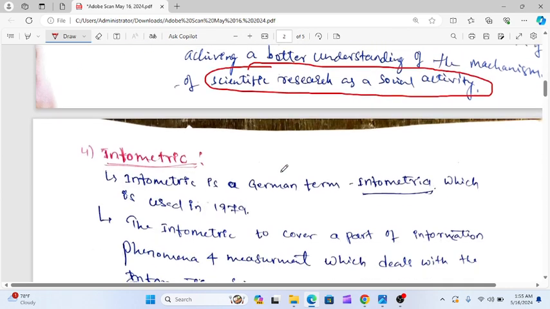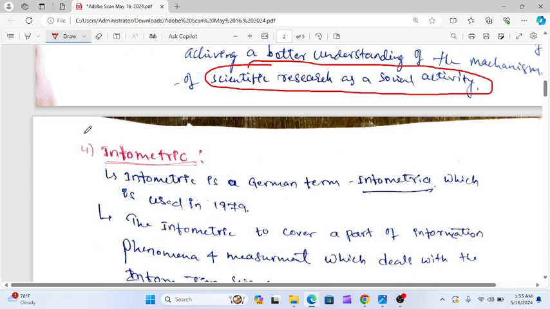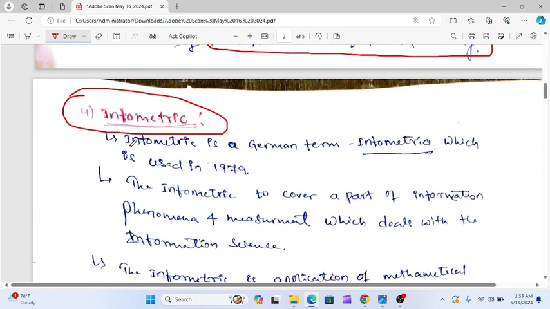Okay, and the fourth one is informetrics. Informetrics is a German term. Germany is an information society, a knowledge society. Germany and Japan are called information societies and knowledge economies. This term is derived from the word